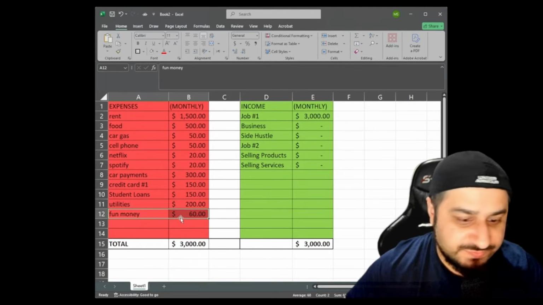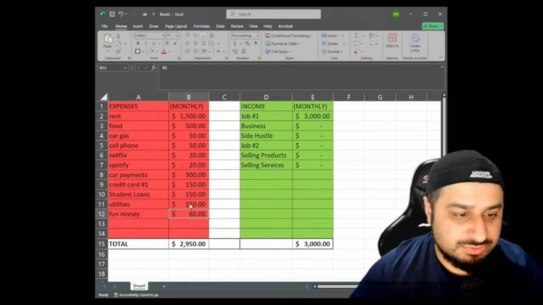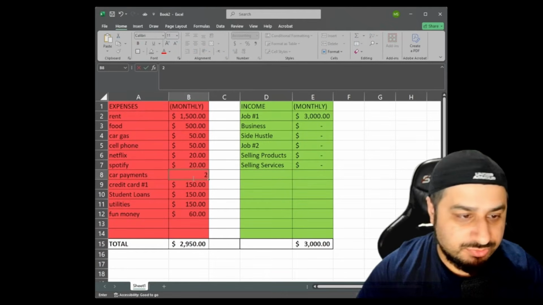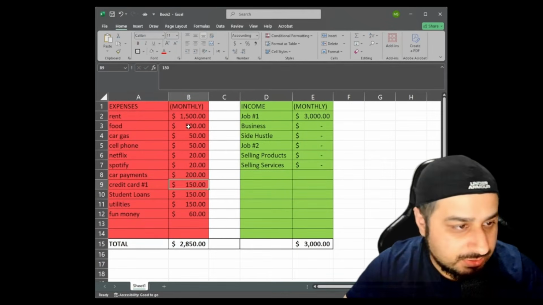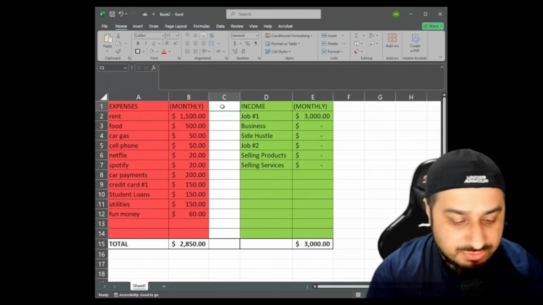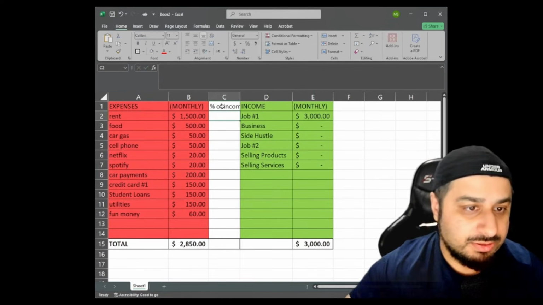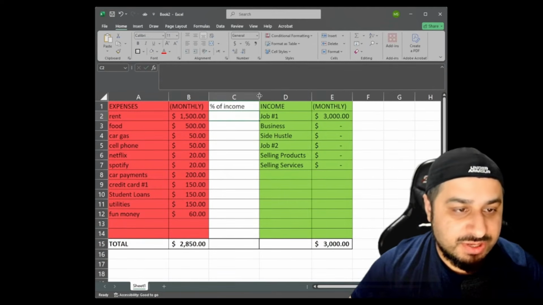We're gonna remove this fund money column, or we're gonna leave that in there. That's fine. We'll reduce this to 50 to 150. We'll reduce this to 200. This column here is called the percentage. I call this the percentage of income, right? This is an extra column that I created in here